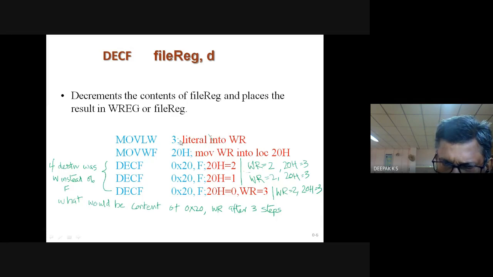Anything beyond this semicolon is a comment. That's assembly language. Move W to F: you are moving from the working register to the file register whose location is 20H. So you are moving WR into location 20H. Now if you do decrement F, meaning the file register whose location is 20H, and you write it again into this location, then this 20H